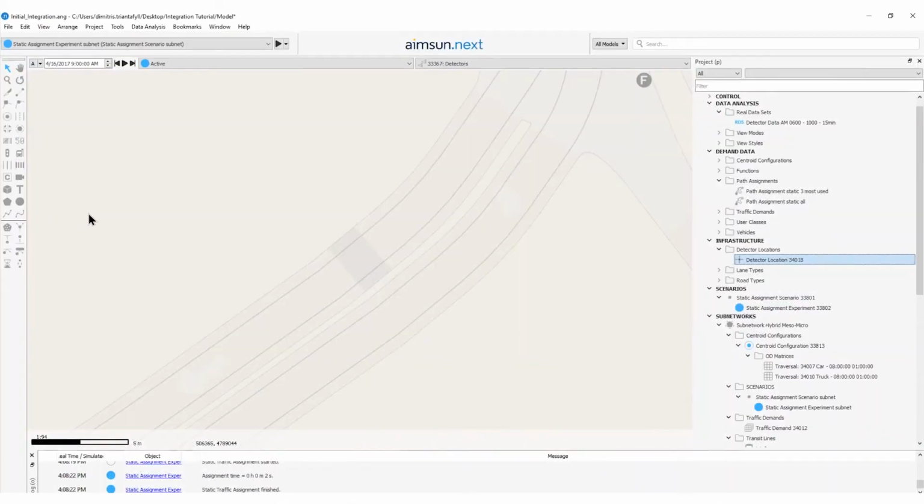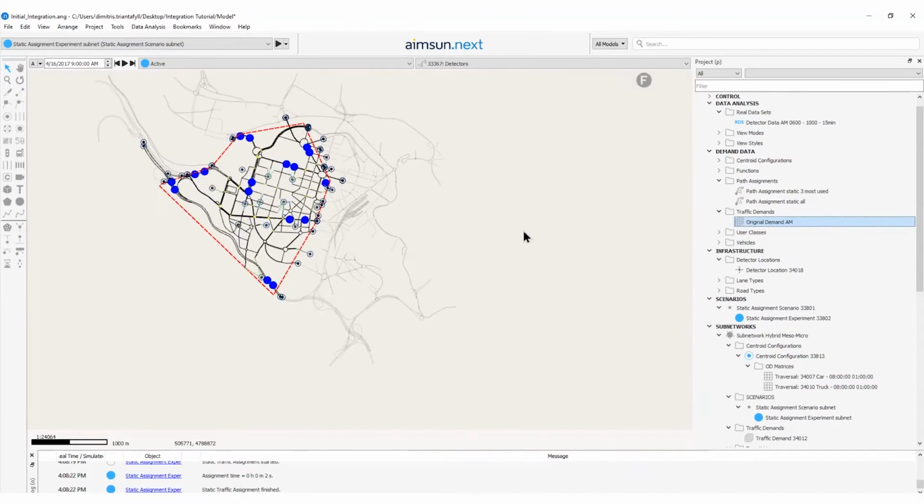In exercise 4, we will extend the OD matrices based on traffic measurements. Because the observed counts in the real dataset include 4 hours worth of data from 6 to 10 a.m., with a time interval of 10 minutes, we need to extend the 1 hour available traffic demand to cover a 4-hour period. To do so, we need to calculate the weight coefficient to extrapolate from the original traffic demand, which equals to 27,611 vehicles. So by processing the observed counts from 6 to 10 a.m., the result is